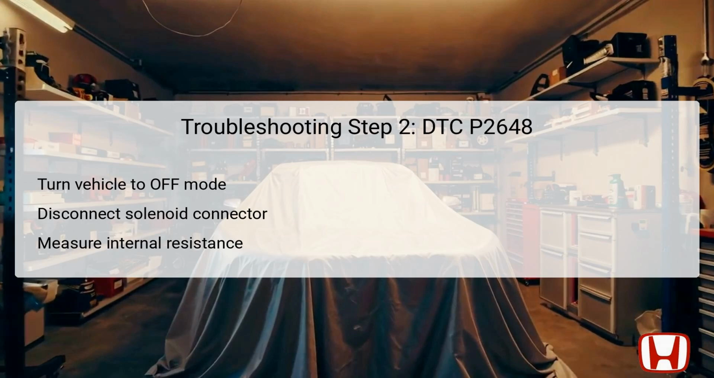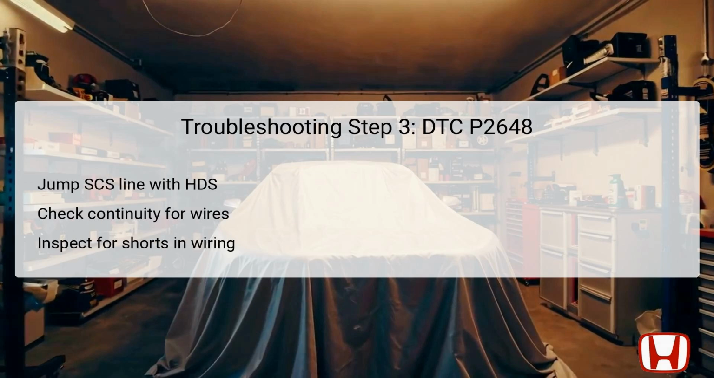The technician then measures the internal resistance between the two designated test points on the solenoid side. It is crucial that this resistance falls within the required parameters of 14 to 30 ohms at room temperature. If the resistance checks out, the technician can proceed to the next troubleshooting step. If the reading is outside this range, it indicates that the solenoid itself is faulty and will need to be